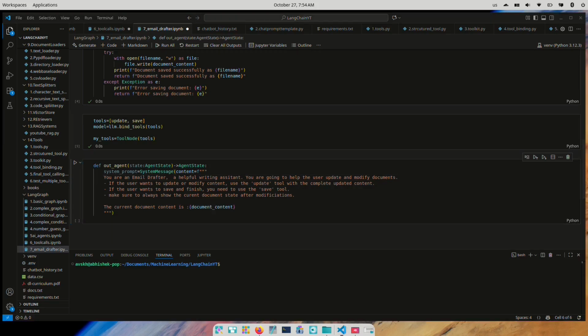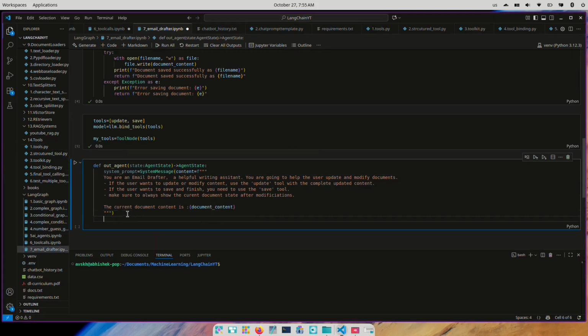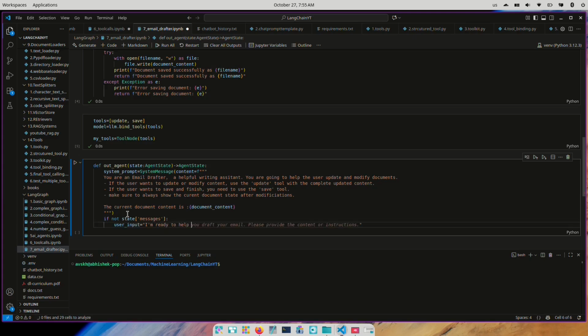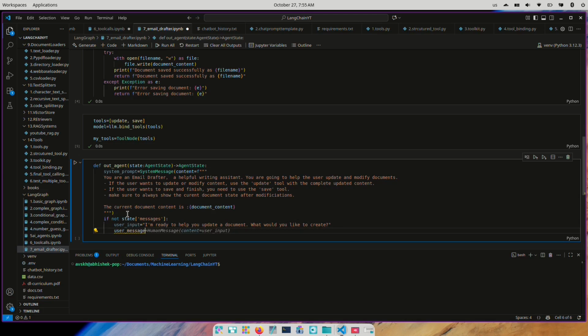The current document content is also passed here. After this, I'm going to check if a user message is not provided, and based on this: I am ready to help you update a document. What would you like to create? This is the first message that the user will be seeing, and I am going to encode this inside a human message,